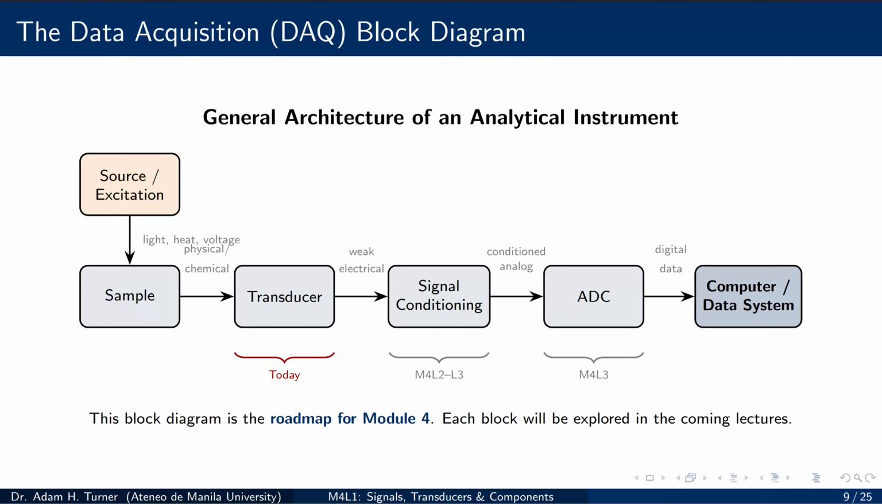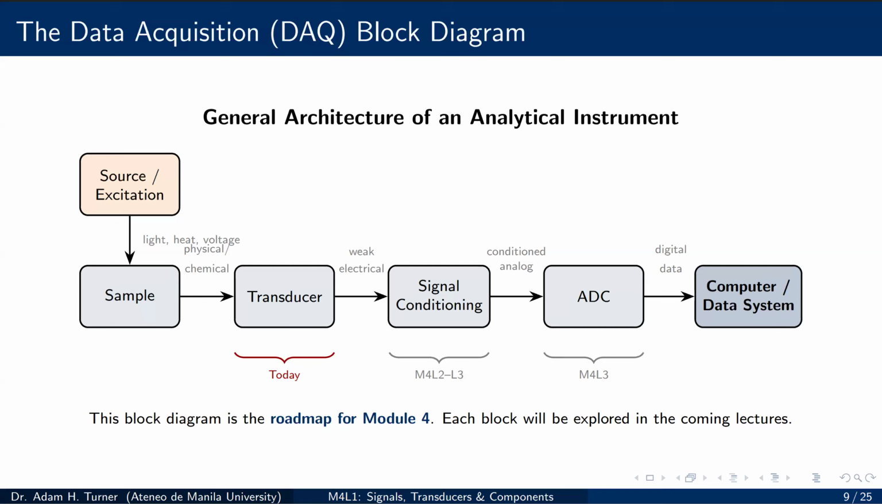This is a very important slide because this block diagram applies to basically every analytical instrument that we encounter. There's a sample, transducer, signal conditioning, ADC, a computer. That's basically the chain here. So let's go through it. On the left, we have the sample being excited by some source, whether it be light, heat, voltage, whatever the technique requires. The sample's response then is a physical or chemical signal, which is captured by the transducer, creating